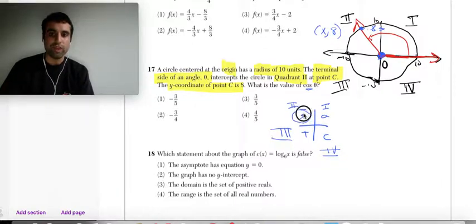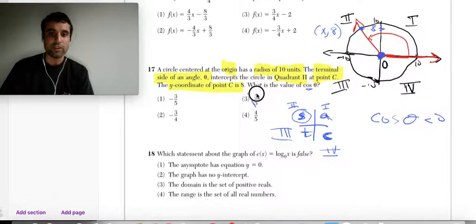In quadrant 2, S means only the sine is positive. Only tangent is positive in quadrant 3, only cosine is positive in quadrant 4. All sine, cosine, and tangent are positive in the first quadrant. In quadrant 2, out of those 3 functions, only sine is positive, which means that in quadrant 2, cosine will have to be negative,